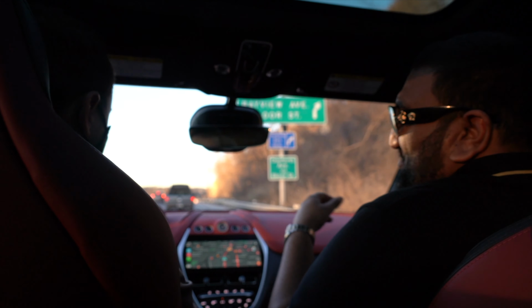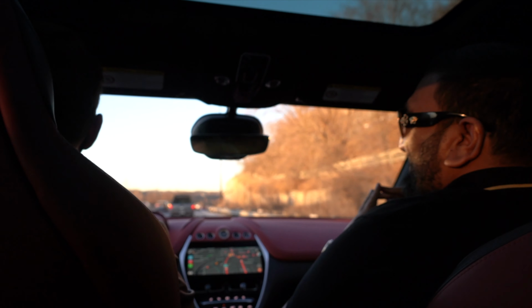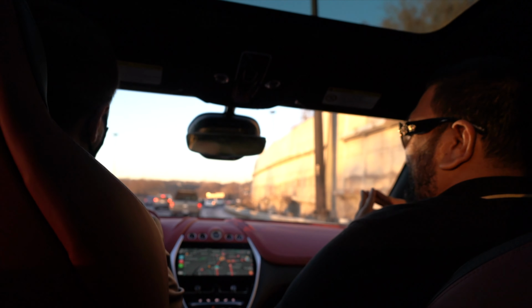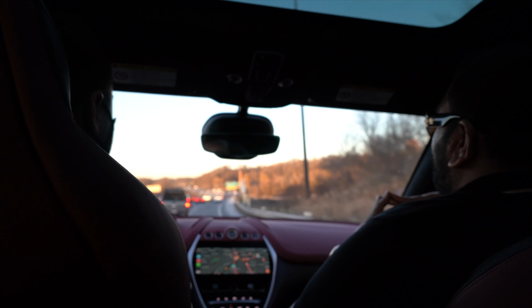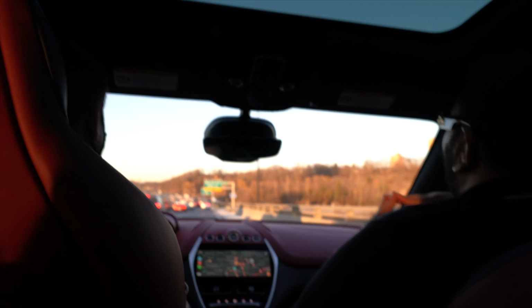Now I noticed your traction control. Does that mean you're in Sport? Well, you are in Sport Plus. I got it in Sport Plus. Okay. Yeah. I like to balance between modes, but whenever I'm doing my segment of the drive, I usually just demonstrate it in Sport Plus. No, I'm glad. This is DSC track, so it allows us a little bit of slip, but it will save us right before. So coming off of the off-ramp here, you'll feel sort of...